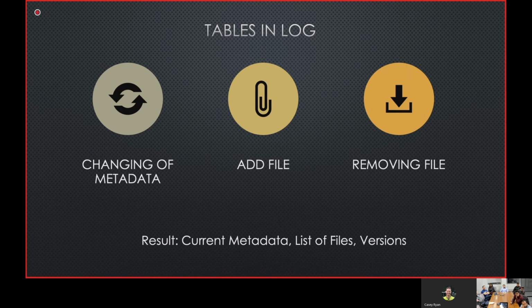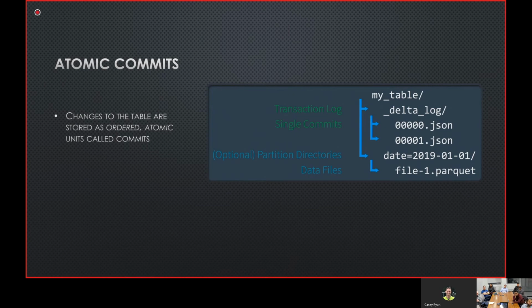So the tables and the logs help kind of track your metadata. They track if you've added files, if you removed files, and it just keeps an up-to-date metadata list of what is happening. And the result of that is you have versioning history as well in Delta. So there's atomic commits, which basically means you essentially get like a Git style repository where you're like, hey, I know what changed here. I know what changed here. This is what commit happened when.